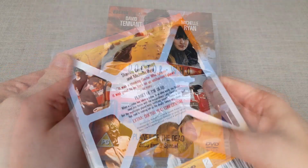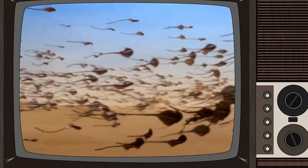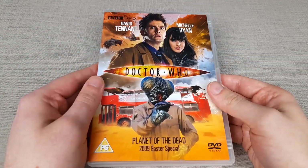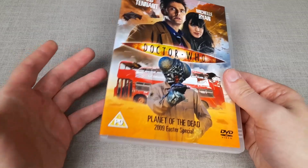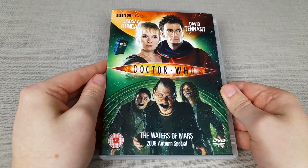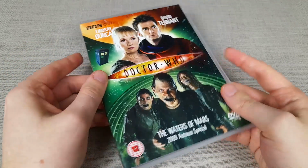And the CGI flying stingrays were absolutely awful, especially when around this time period, that's when the Doctor Who series switched over to a HD TV format, and so you could definitely tell the difference between what was CG and what was practical. The Waters of Mars is another episode I had absolutely no memory of whatsoever,